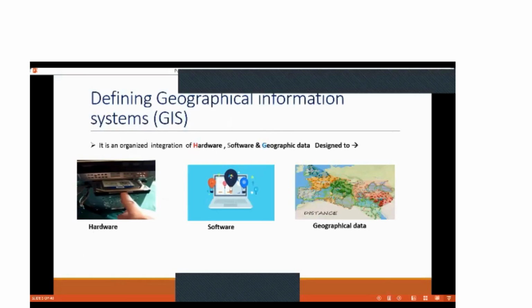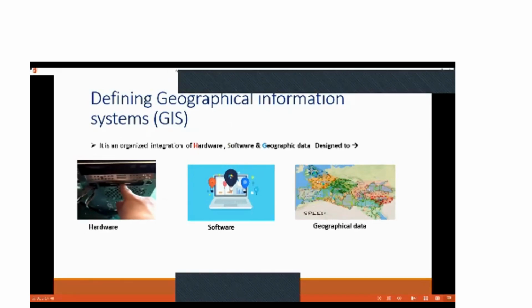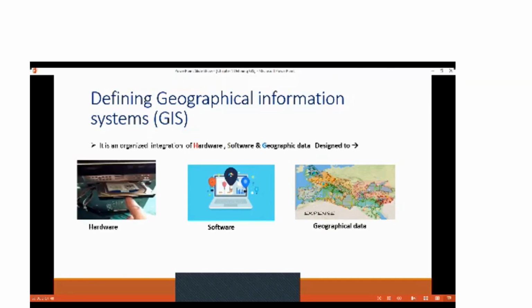So basically, when we look at the definition of a geographical information system, GIS is an organized integration between three important components: hardware, software, and the data, the geographical data. The hardware could be your computer, your hard disk, your laptop, the server that you have that hosts your database, your application, your security, and the software application that appears